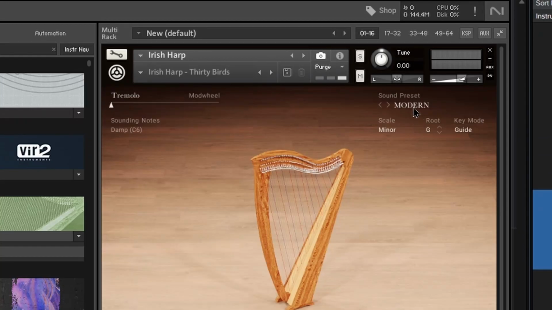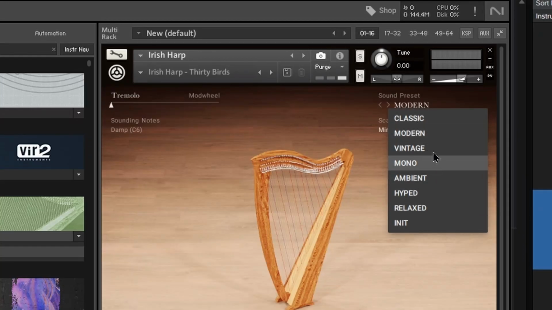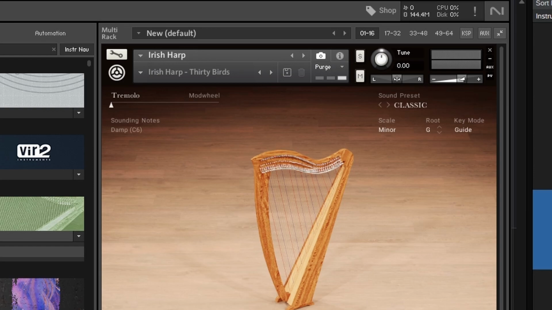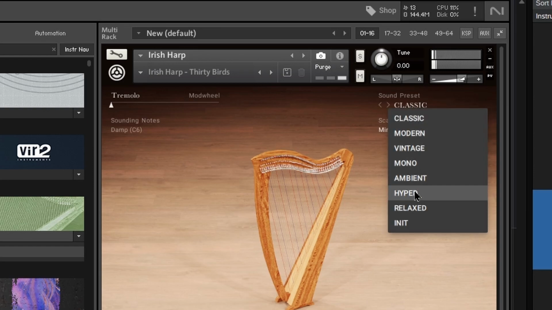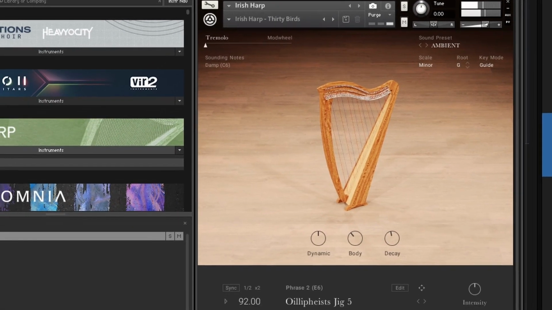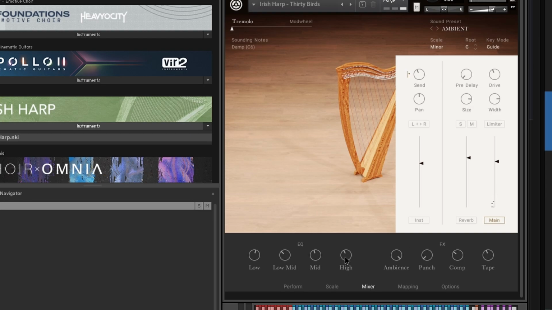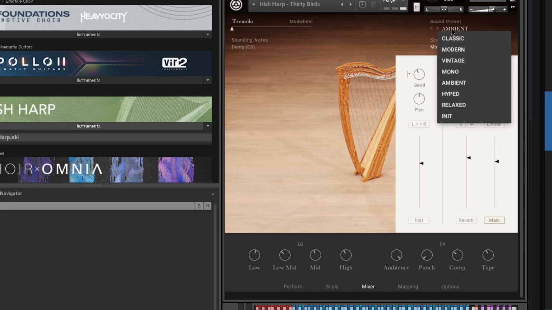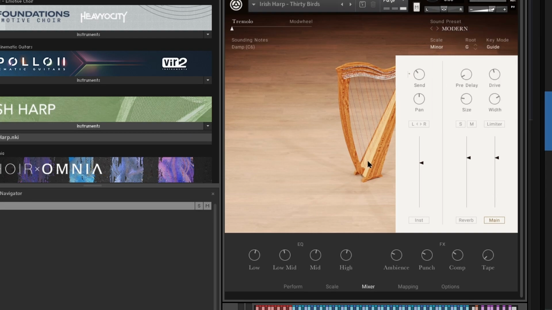So we have sound presets up here: modern, classic, ambient, etc. If you go to a classic, maybe play a phrase, right? Maybe go to an ambient setting. You also have a full mixer down here, so you can just set things up however you want, or of course, use your presets here for real quick